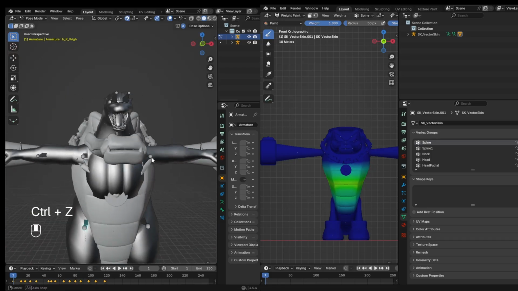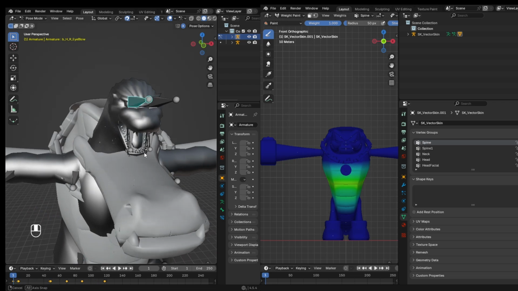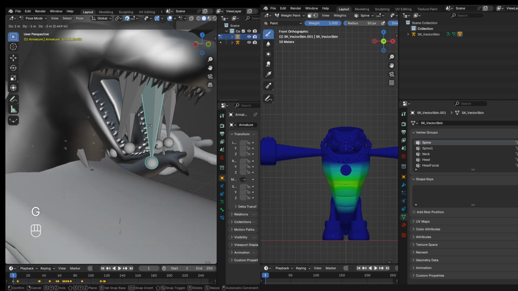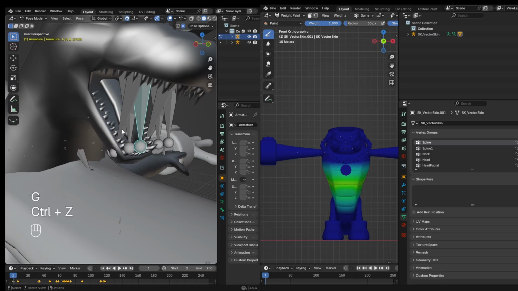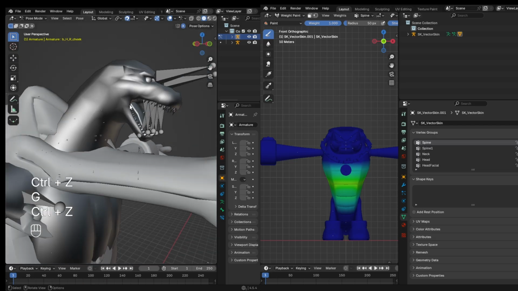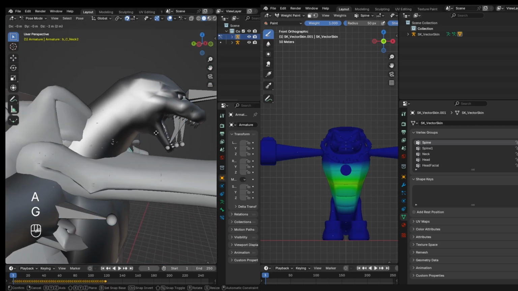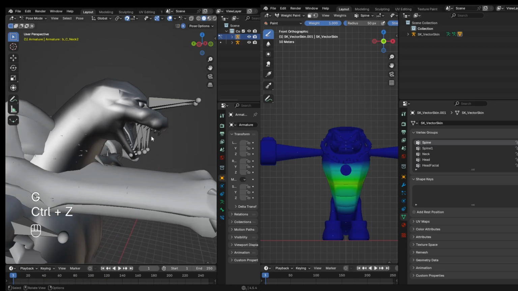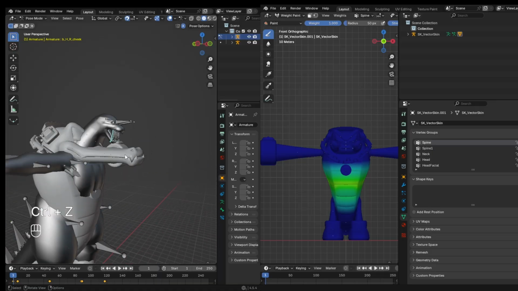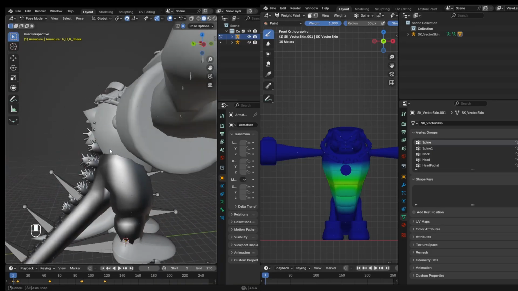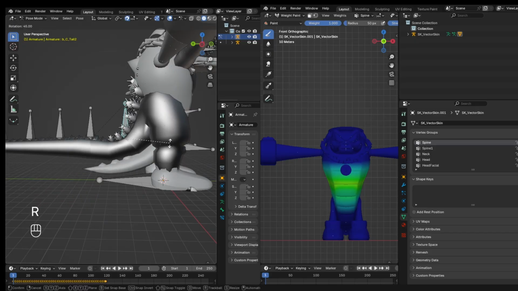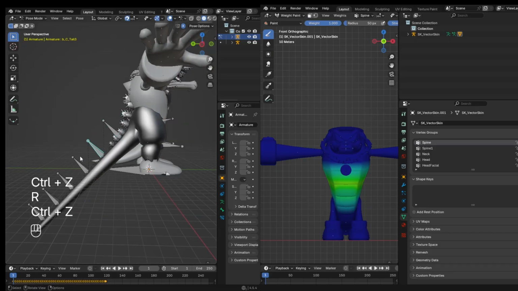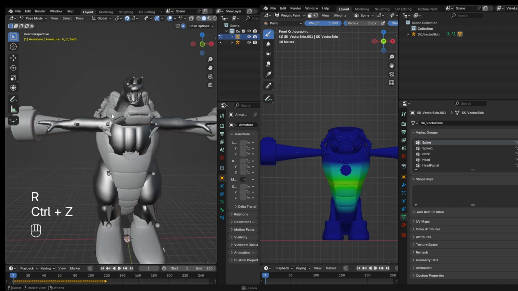Anyways, make sure everything in the model is moving properly. It has proper weight paints. This is a model from Models Resource. You just go from there and make sure everything in the model is moving properly. It doesn't really matter. So, once you do that, after you check all of the movements on your model and make sure everything is working properly,